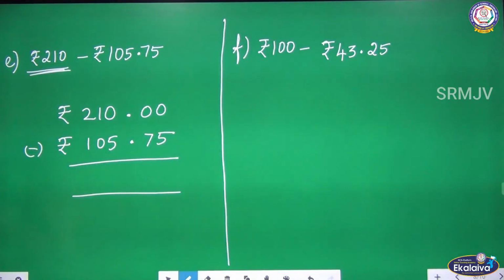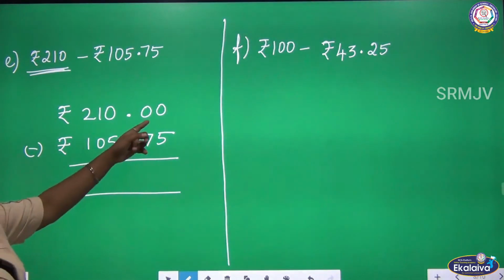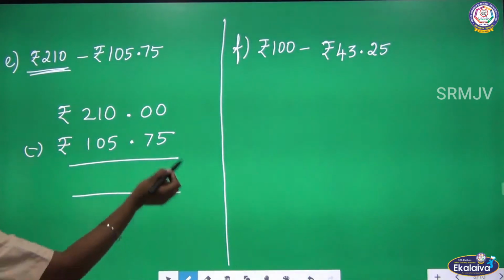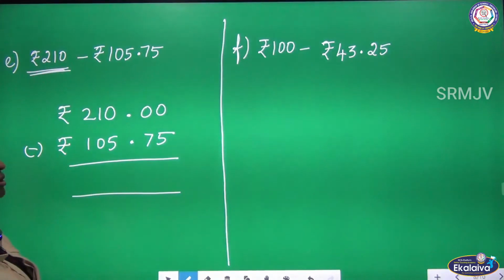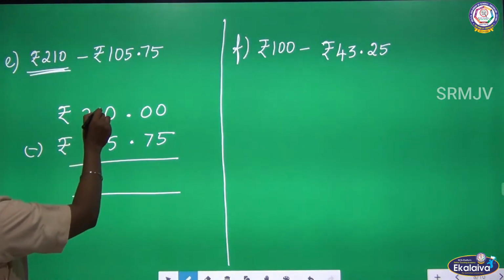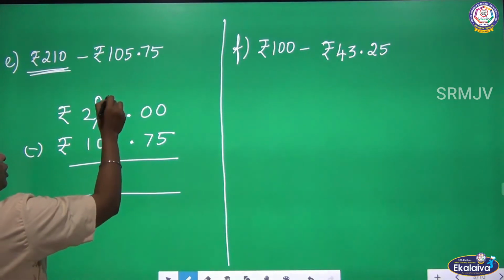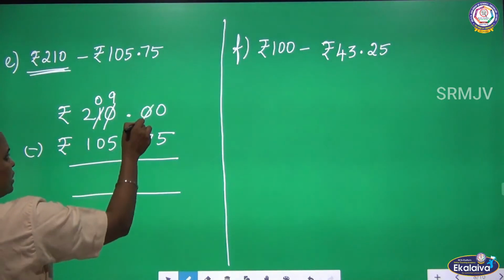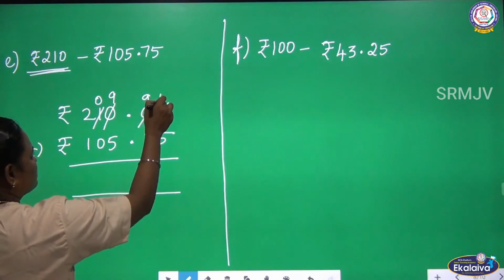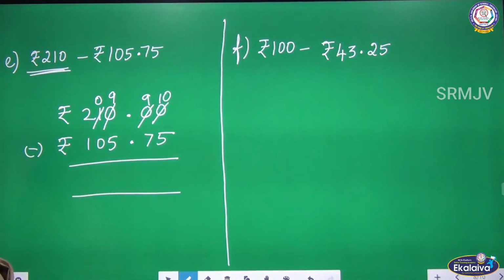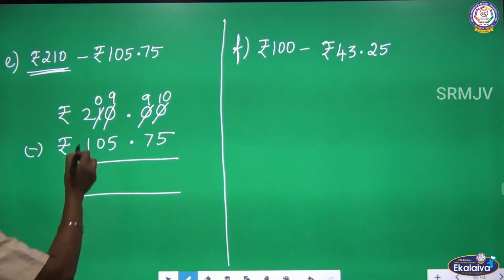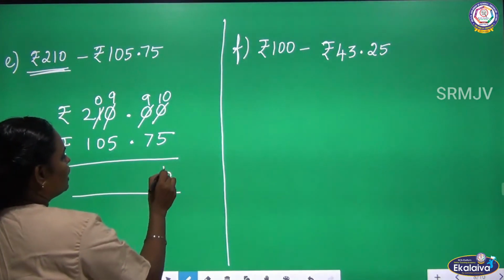So tell me children, what is 0 minus 5? Again 0. Okay, so what do we have to do? We have to borrow from the before number. From 1 we can borrow. So 1 becomes 0, it becomes 10. Again if you are borrowing, it becomes 9, and it becomes 10. Now you tell me, what is 10 minus 5? 10 minus 5 is 5.